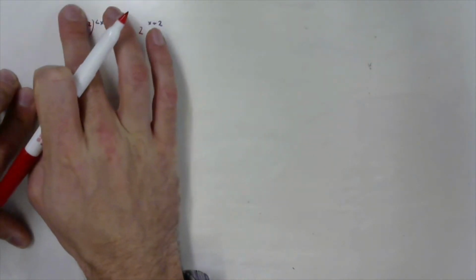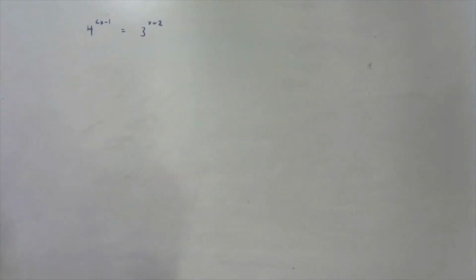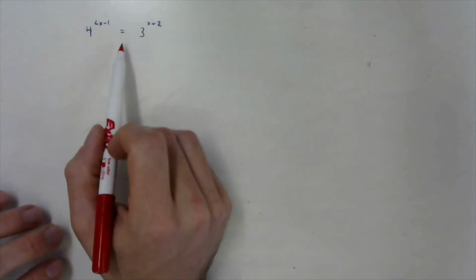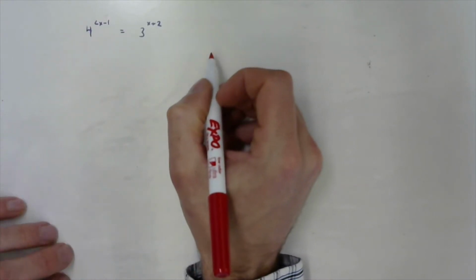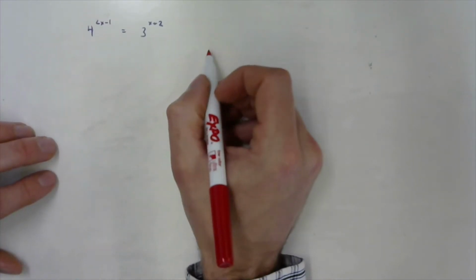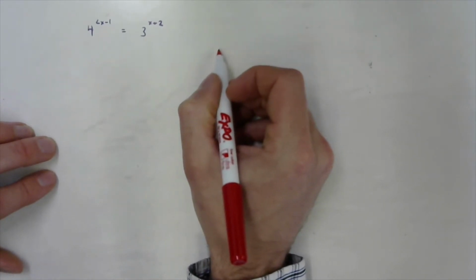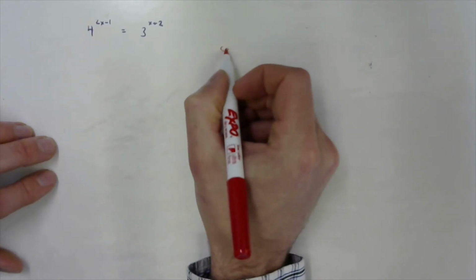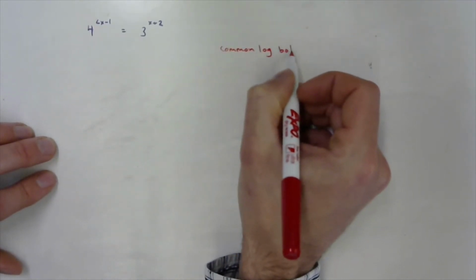That is not going to work in this case because we have these bases that don't have anything in common. One isn't a power of the other one. But we're going to go back to our tried and true strategy that when I'm working with exponents and I don't know what to do, I'm just going to take the common log of both sides. Step number 1. Common log both